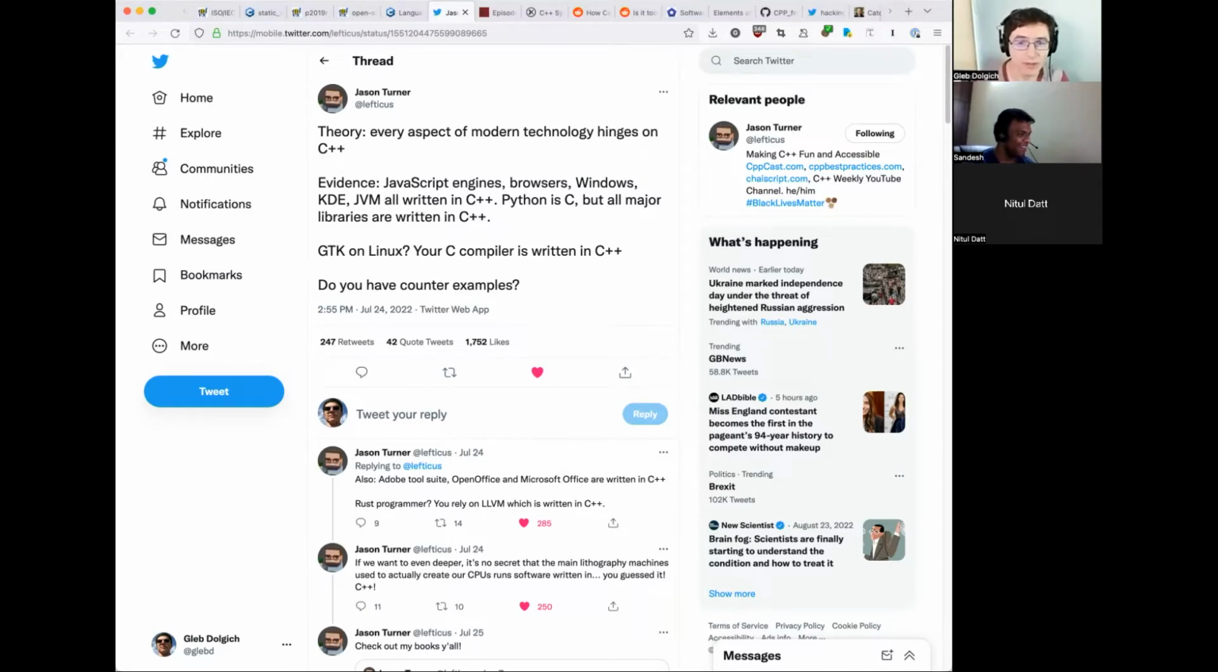Rust programmer, you rely on LLVM, which is written in C++. If we want to go even deeper, it's no secret that the main lithography machines used to actually create our CPUs run software written in, you guessed it, C++. Many embedded developers are moving to C++. If you use an IDE, it's either written in C++ or relies on software written in C++. Once GCC moves to C++, I think C++ became unavoidable in your ecosystem. Long future for us. Yeah, so that's a little dose of C++ optimism for you in case you need it